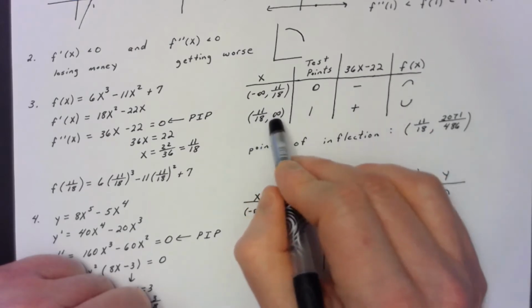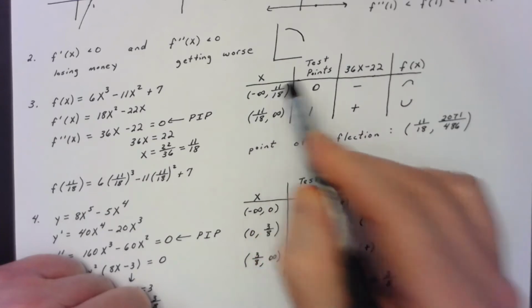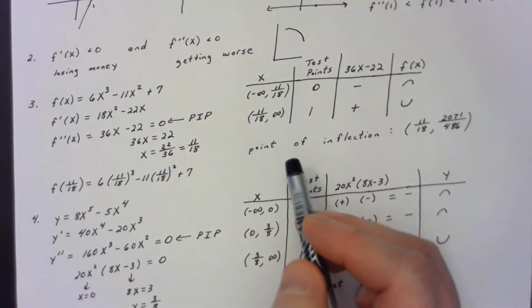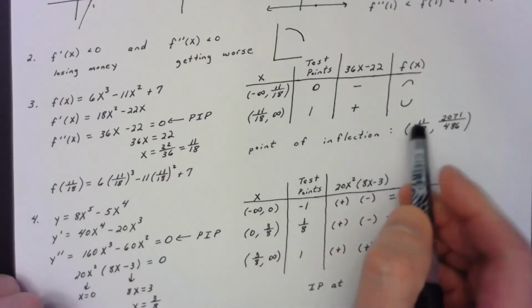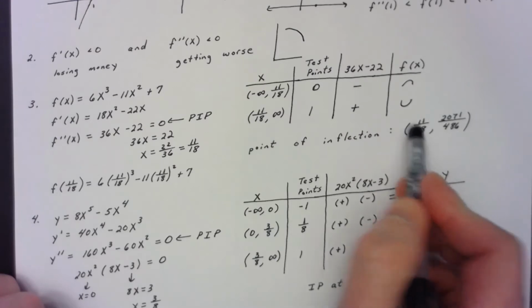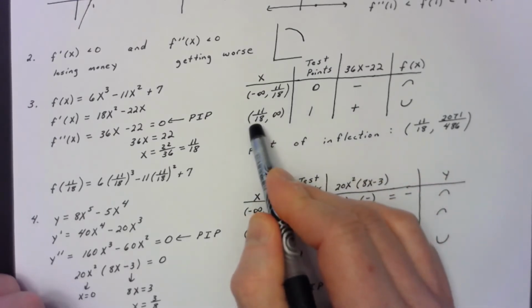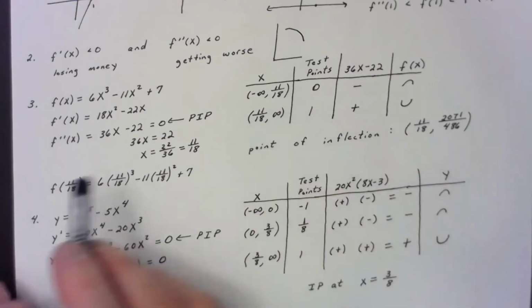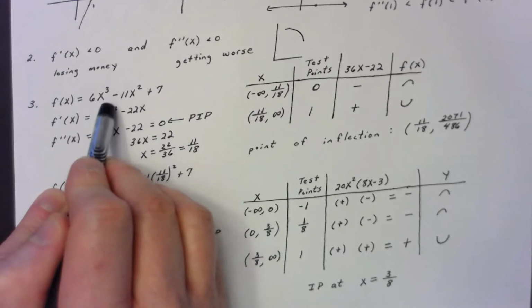So now we have our intervals of concavity, when it's concave up and when it's concave down. And then, in this case, it's going to want you to find the point of inflection. So it wants you to find the coordinates x, y. After you find out that yes, 11 over 18 is the x value of the point of inflection, you then have to go back in and find the y value by plugging 11 over 18 back